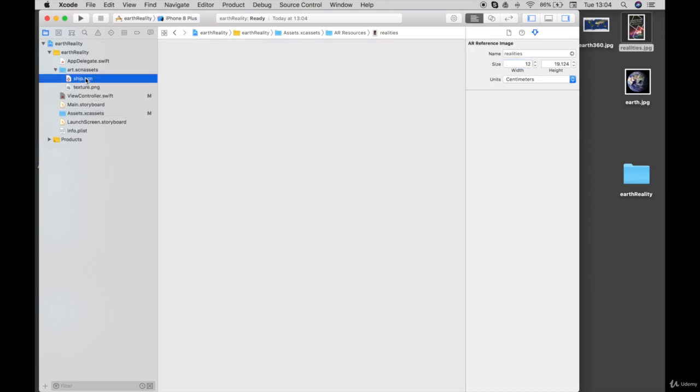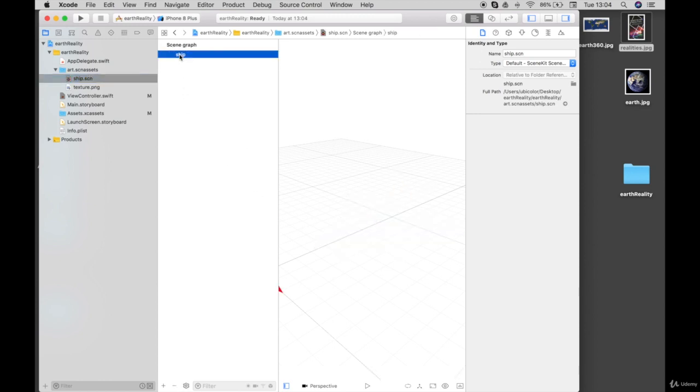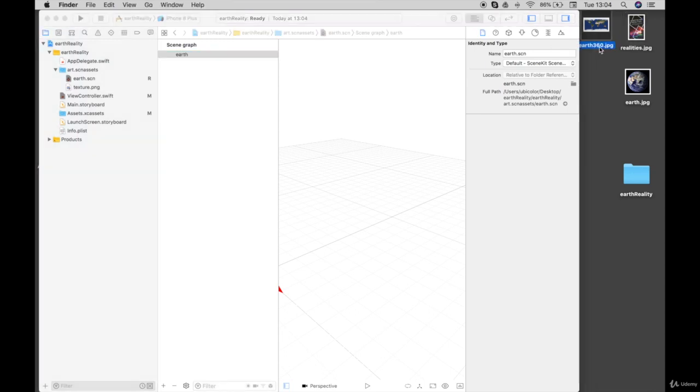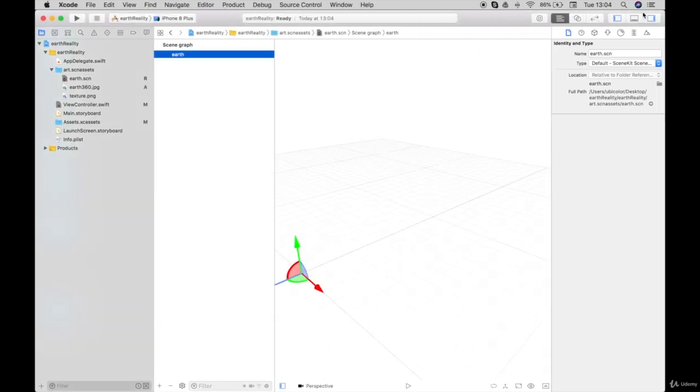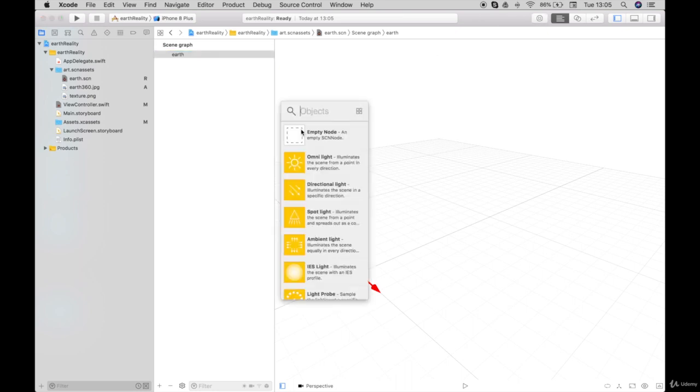What we can do now is to go to our shape.scn. So I'm going to remove this geometry, and I'm going to rename this the earth. Here as well, actually, earth. Okay, and so in scene, let's drag first our material in here in our art.scnassets. I can make more space. Okay, so we used to drag from the drawer here, but now in Xcode 10 we need to drag